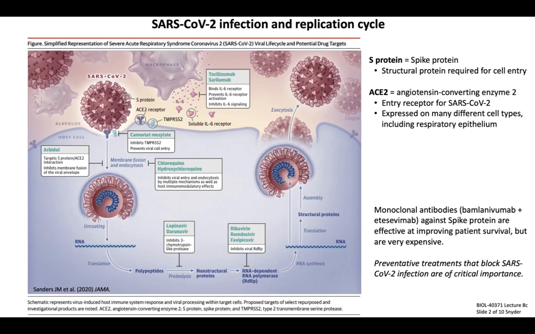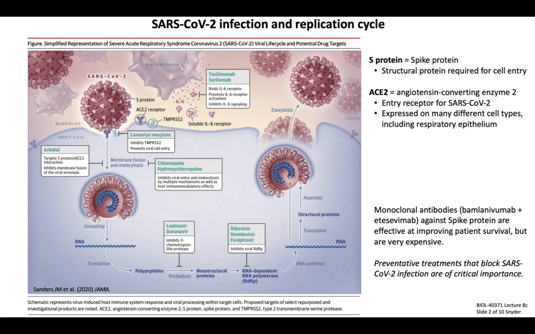SARS-CoV-2 is a single-stranded RNA virus, which means that its genome is encoded in a piece of RNA within the viral particle. Once inside the cell, the particle goes through a process called uncoating, which exposes the virus's RNA genome to the cytosol. At this point, it uses the host cell's own machinery to translate viral proteins and replicate its own genome, which are then used to synthesize newly assembled viral particles. These particles are then exocytosed into the extracellular space, and this releases many new virions and completes the cycle of